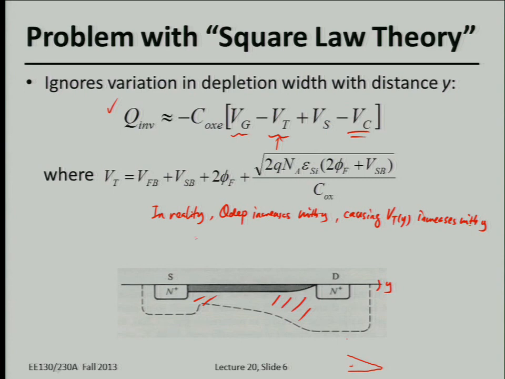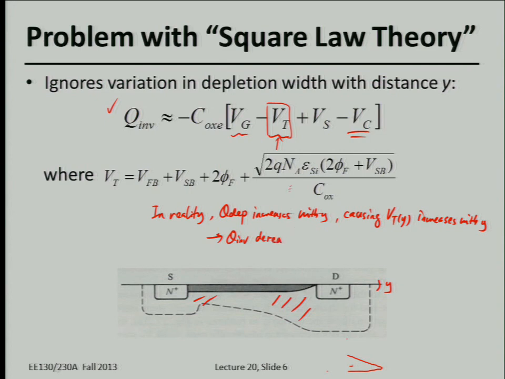As a consequence, if you'd like to evaluate the real inversion charge concentration, Q inversion here, because this term keeps increasing as you increase the distance, moving from the source to the drain terminal, Q inversion will actually